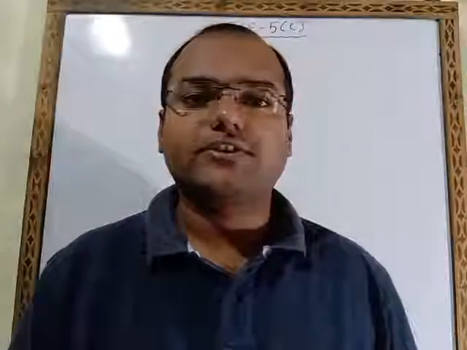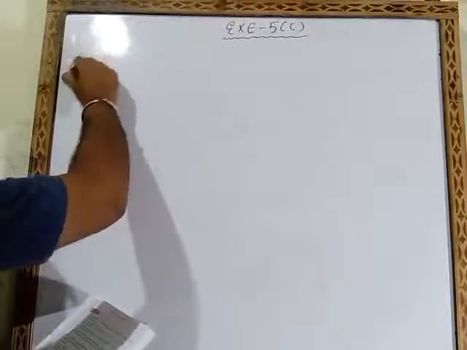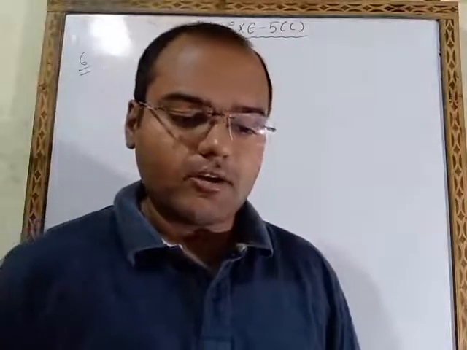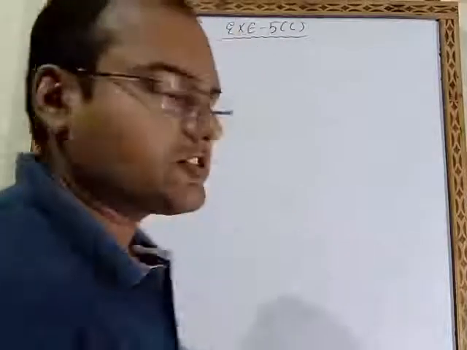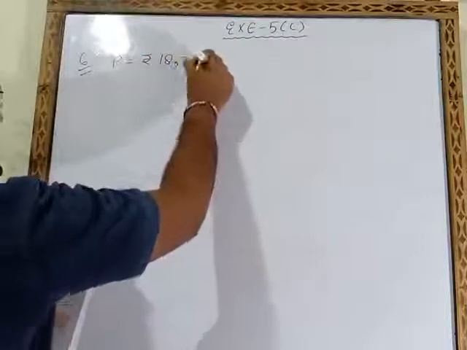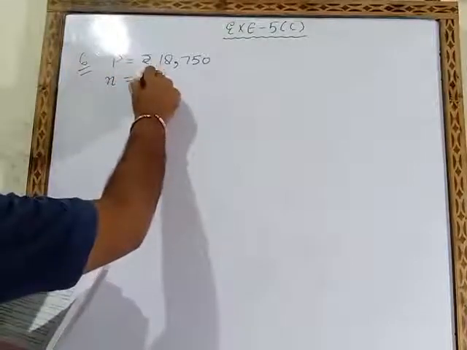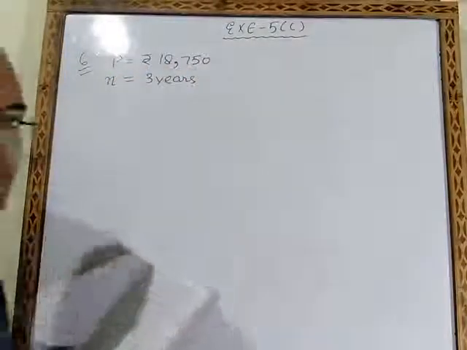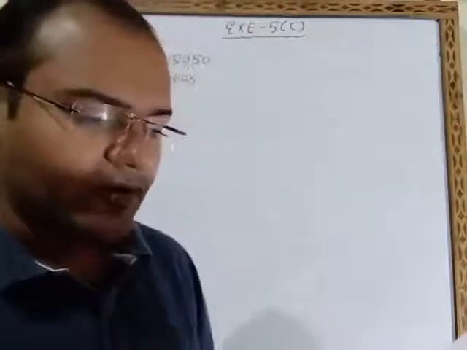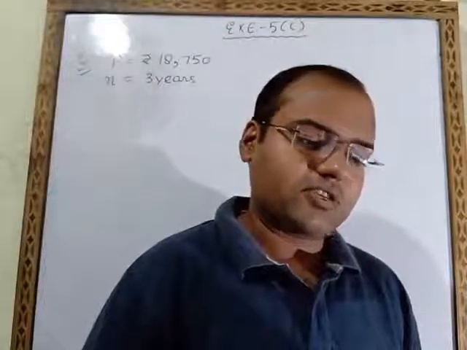Now all of you see question number 6th. Question number 6. Find the amount and compound interest on 18,750. On है, so that means it is principal. 18,750 rupees is the principal. After 3 years, so number of years n, how many are there? 3 years. Compounded annually, compounded बोला है तो compound interest वाला मेथड लगाना है. Rate of interest being 8%, 10% and 12% during the first, second and third year.